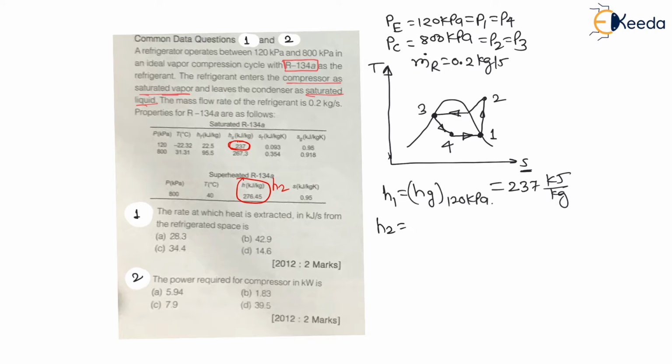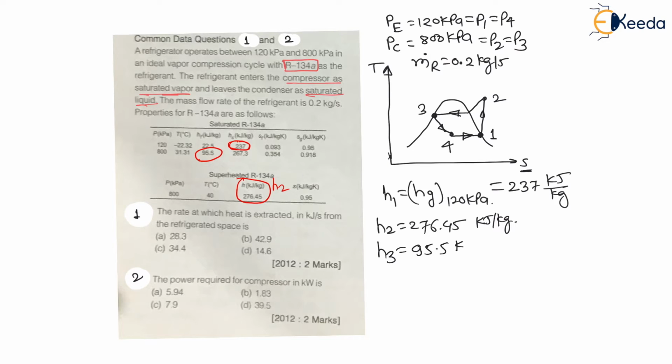Therefore, H2 is nothing but 276.45, and the unit is as usual kilojoule per kg. Now, then, my dear students, for H3, we have to see the HF value at 800 kilopascal. Therefore, again go to the steam table. At 800 kilopascal, the HF value in this table is 95.5, and this value will be the H3, right? Therefore, here we can say H3 is equal to